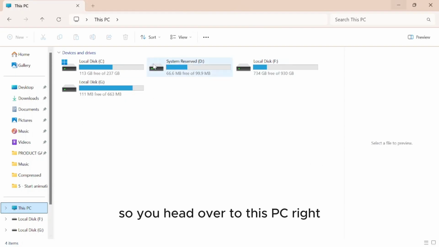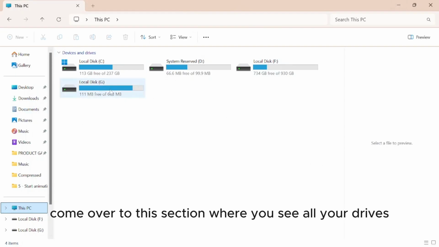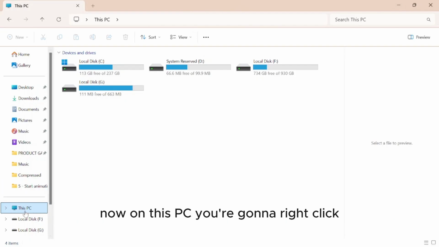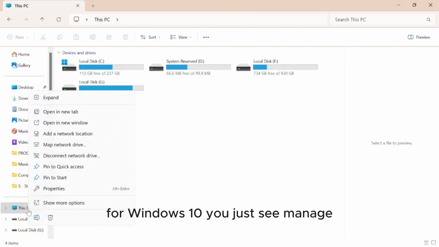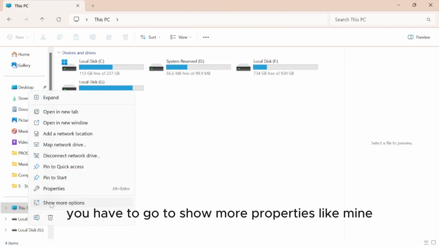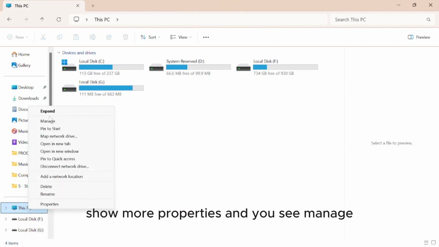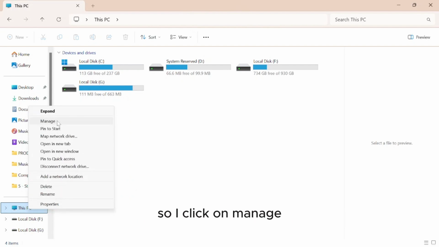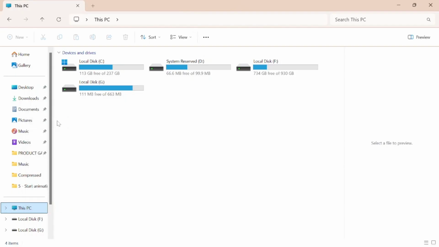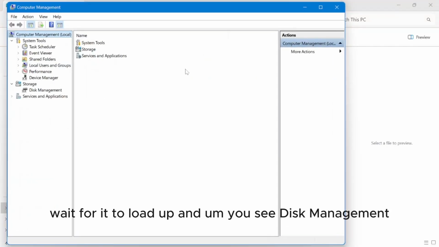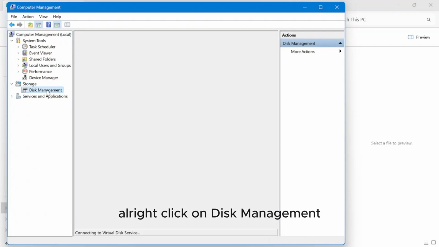So you head over to This PC, right? Come over to this section where you see all your drives. Now on This PC, you're going to right click. For Windows 10, you just see the option for manage here. But for Windows 11, you have to go to show more options like mine, and you see manage, right? Remember, Windows 10, you just see it here. Windows 11, click on show more options and you see manage. So I click on manage, wait for it to load up, and you see disk management. All right, click on disk management